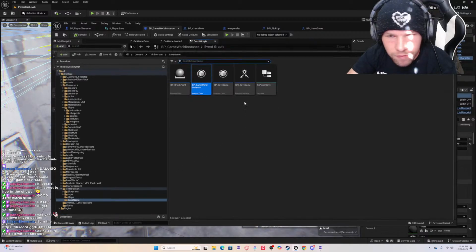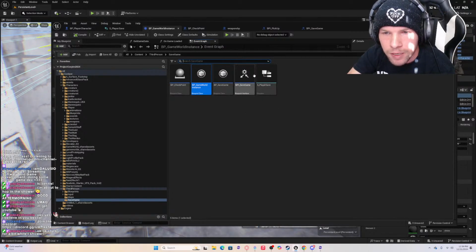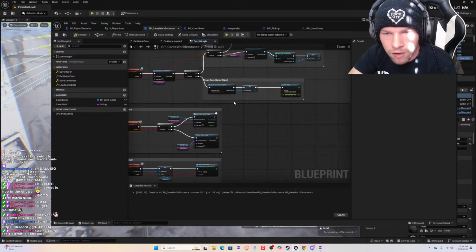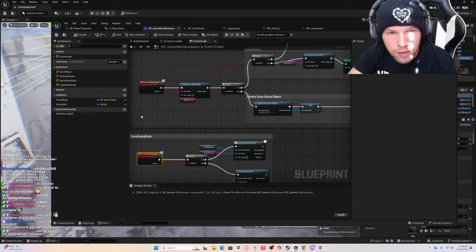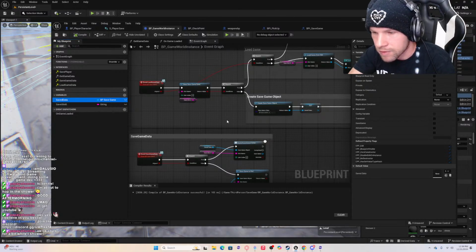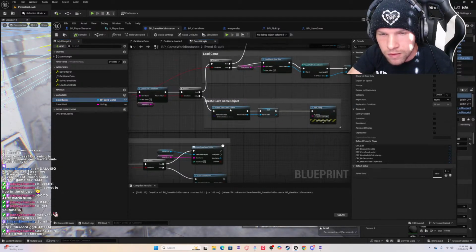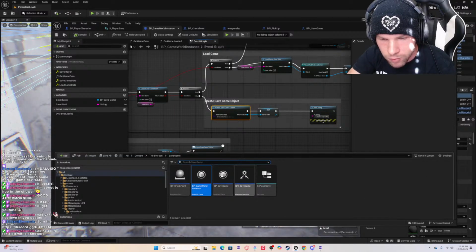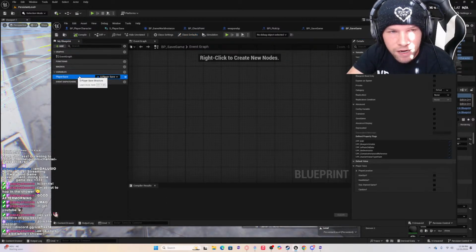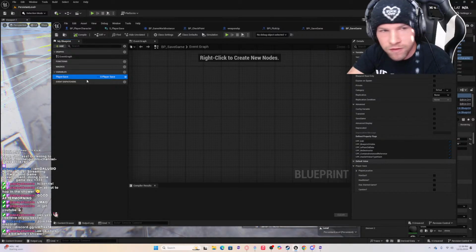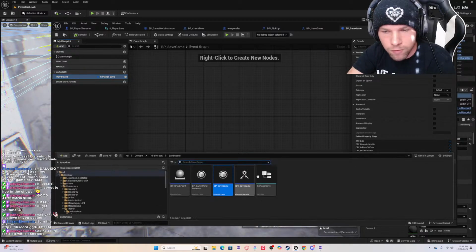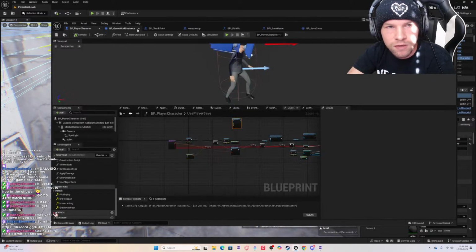Let me see here. So this is our variables, which are called through this. Okay, no, which is actually called through the save game blueprint. So that is in here, variables save, player save. All that does is hold this structure over here with these variables.